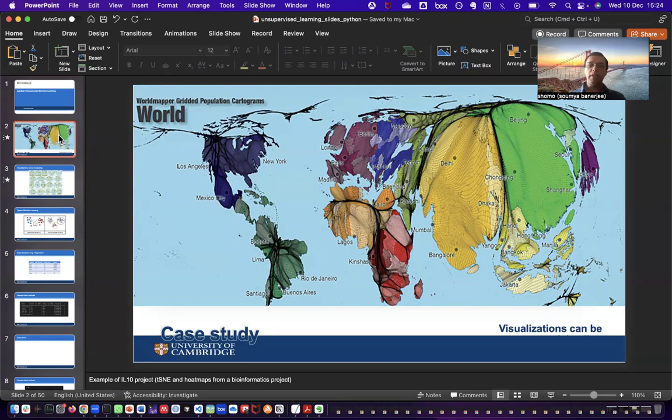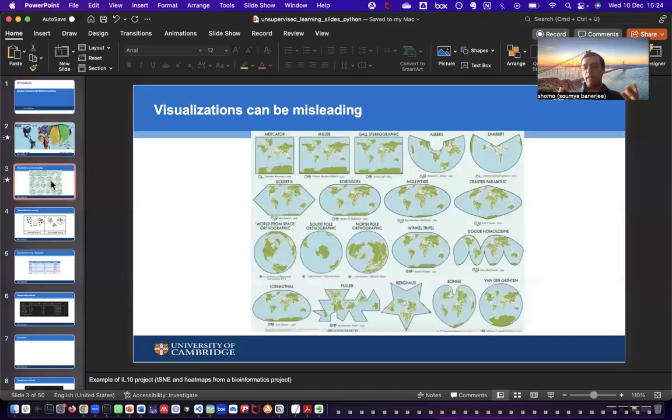And unsupervised machine learning really pushes that concept very far. For example, there are many ways to represent our three-dimensional world on a two-dimensional piece of paper. These are all the different kinds of maps or projections that you can come up with. And again, unsupervised machine learning really allows us to visualize very high dimensional data and draw inferences and find patterns from very high dimensional data that otherwise would be very difficult.